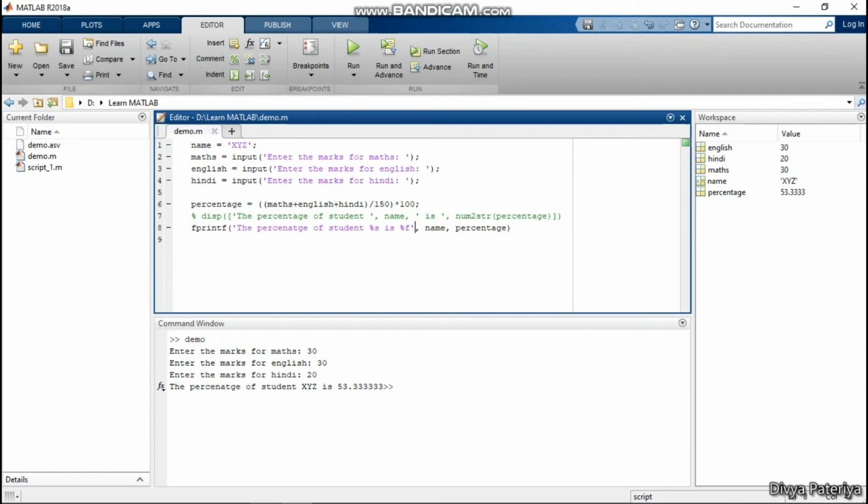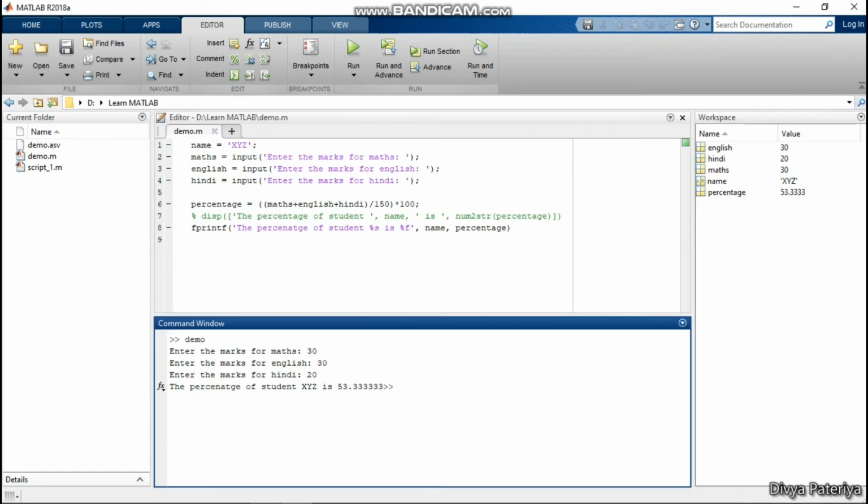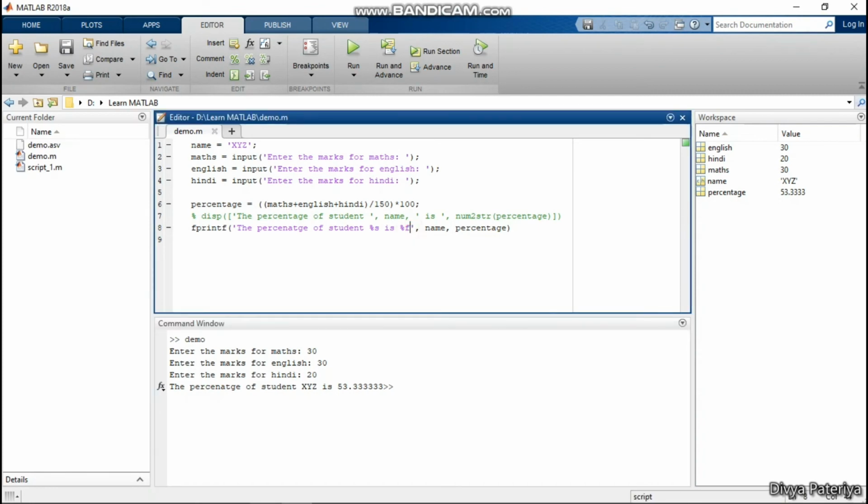Now generally we get a prompt in the next line, but now we are getting the prompt right here. This is because we have not given a backslash n. Backslash n means nothing but a new line. So this command is going to provide us a prompt just after the command ends.